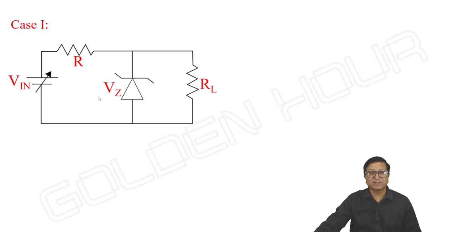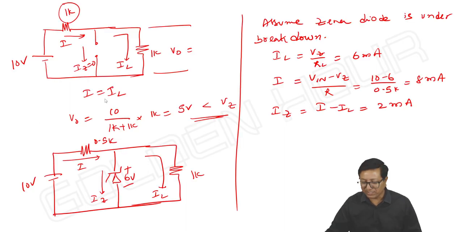So here I am taking various cases. Like Vin is varied, then how to find the range of R? And if I vary RL, how to find the range of R? And if I vary both input and RL, how to find the range of R? Like that, case 1, case 2, case 3. Okay. And one more interesting thing I can take here is